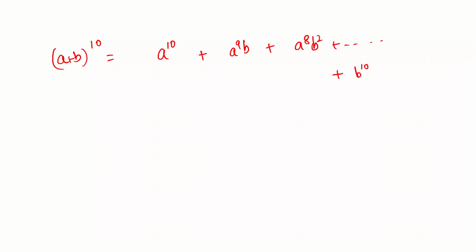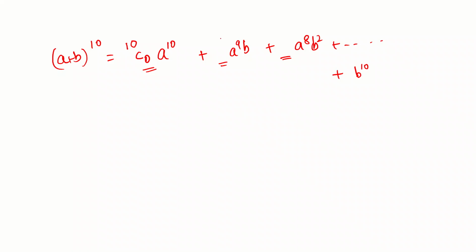Okay, now what is the formula? Let's assume that I give you (a + b) to the power of 10. We already know that it will be of the form a to the power of 10, then plus a to the power of 9 b, then plus a to the power of 8 b squared, and so on and so forth up till b to the power of 10. But the problem is, how are we going to find out these coefficients? Okay, so the coefficients are